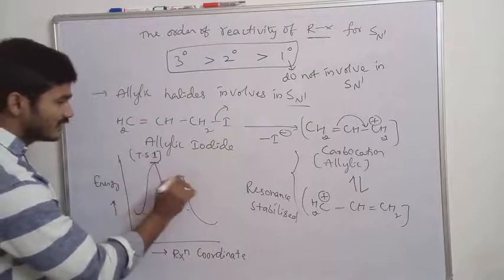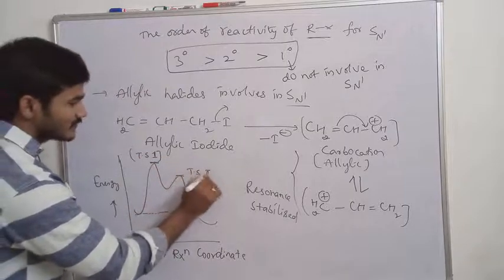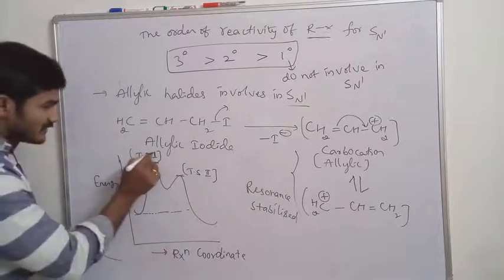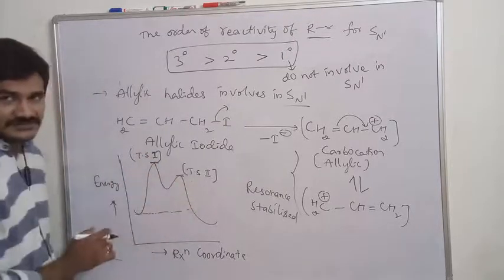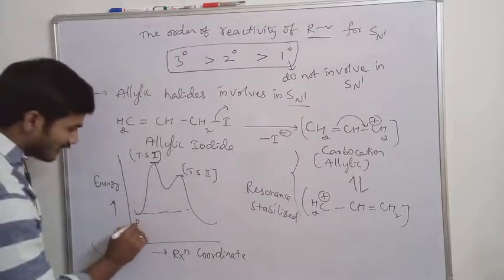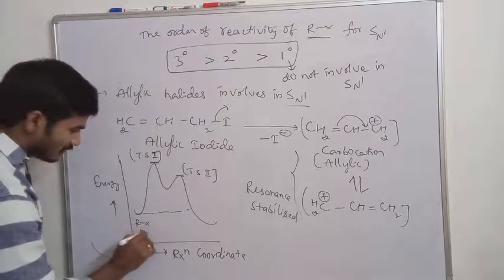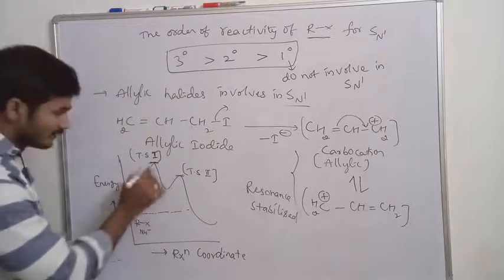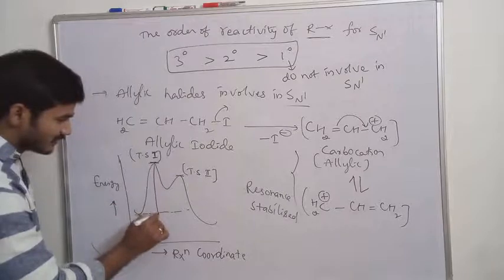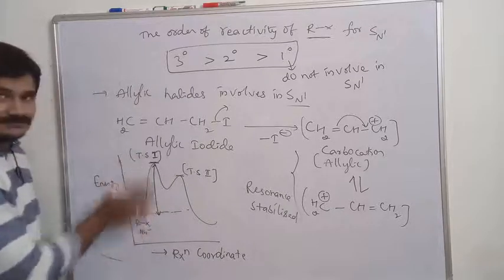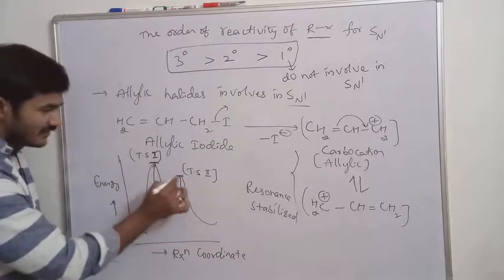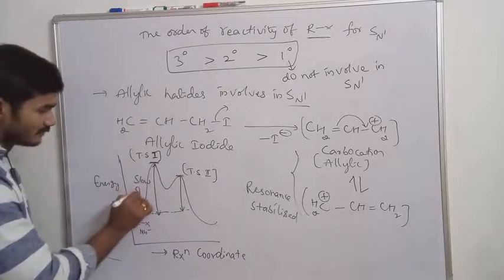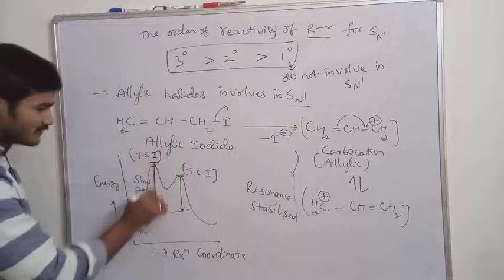Second is the second step, which involves the number of peaks indicates number of steps. This is the first transition state, this the second transition state. Here, the alkyl halide and nucleophile are involved, and it forms the first slow step. If you observe the energy, the activation energy is very high compared to this activation energy. So that's why it is said that this is the slow step. The first step is said to be the slow step.